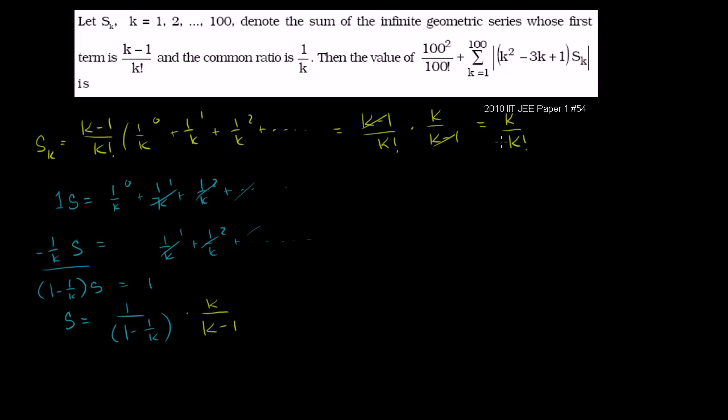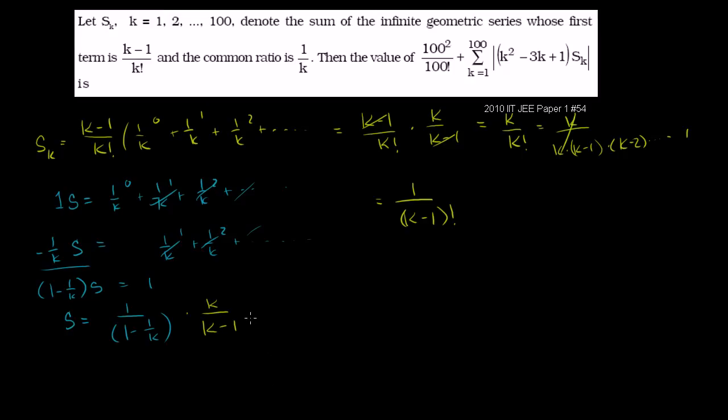And what's k over k factorial? Remember, k factorial is k times k minus 1 times k minus 2, all the way down to 1. So these k's are going to cancel out. So it's going to be equal to 1 over (k minus 1) times (k minus 2) times (k minus 3), all the way down to 1, which is the same thing as